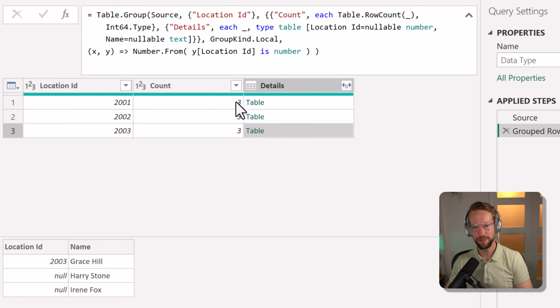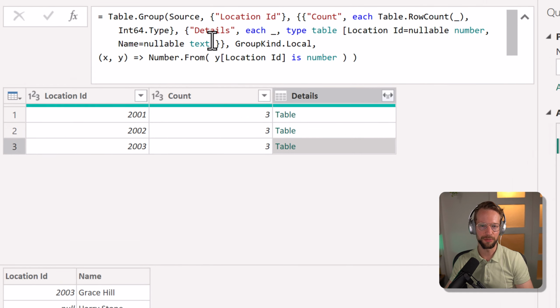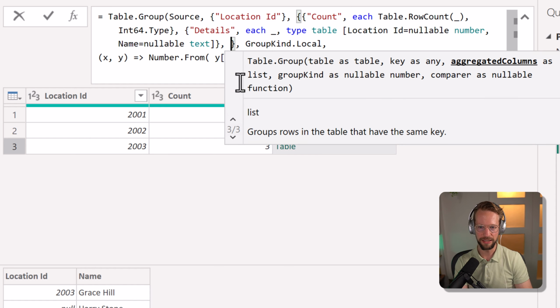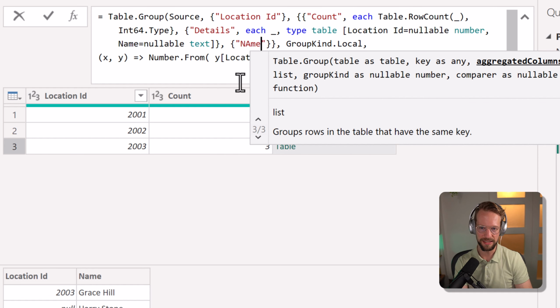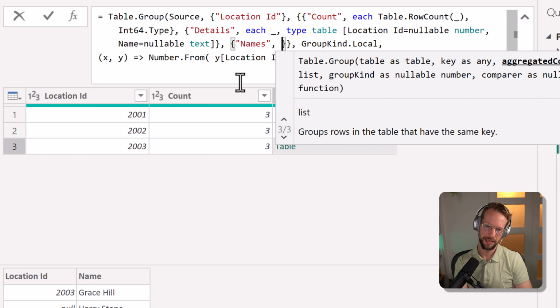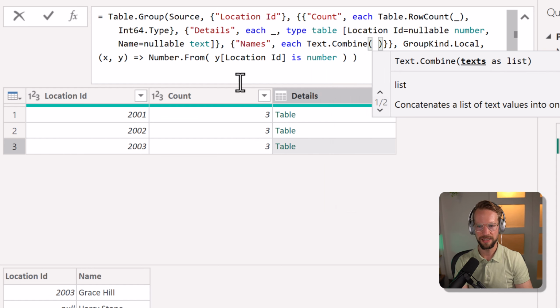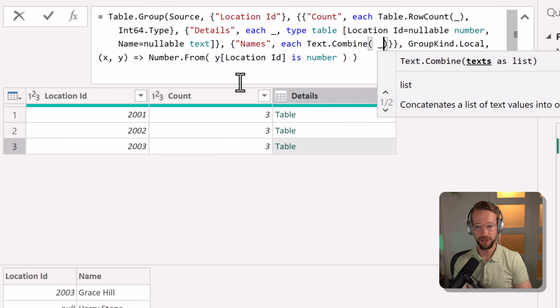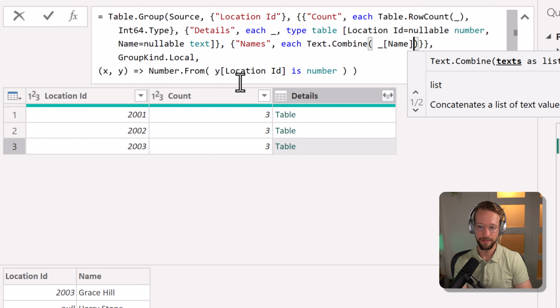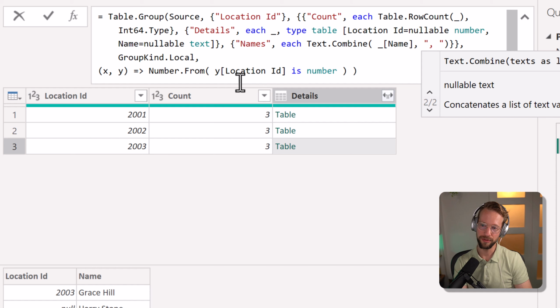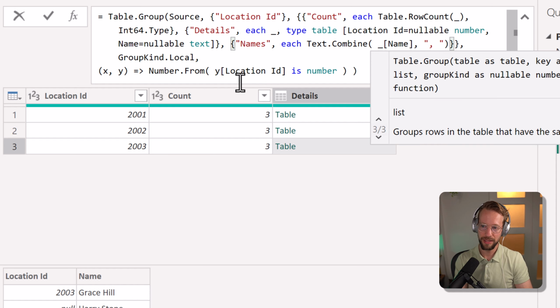Now what's awesome is, with this type of grouping, I could just add my own custom logic to combine the names together. For instance, if I want to show the names together, I could write a new part, and I say it's called names. And then I just write each text combine. A text combine works with the list. So if we're referring to the names column, I could then have a separator of a comma and a space. Close the brackets,